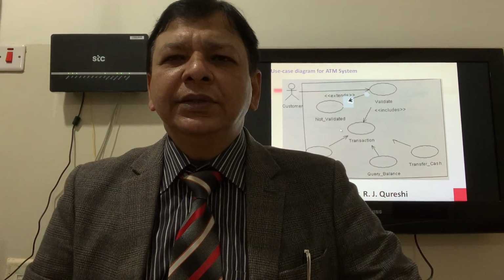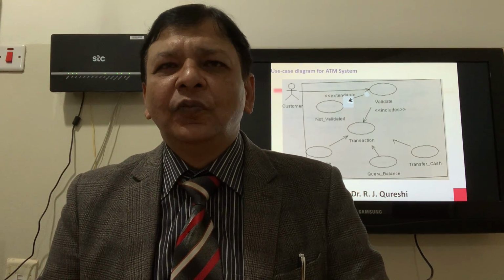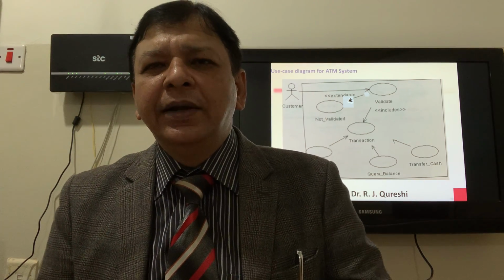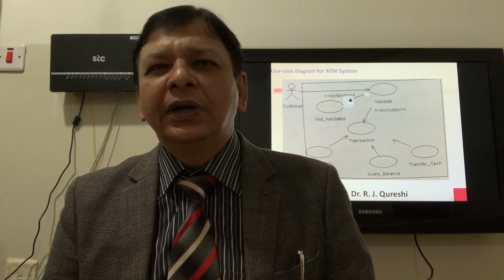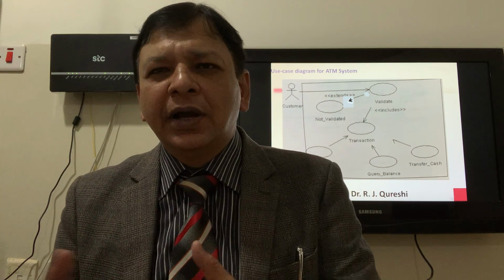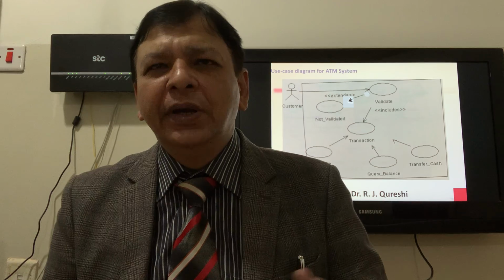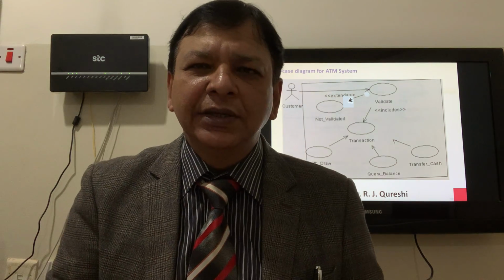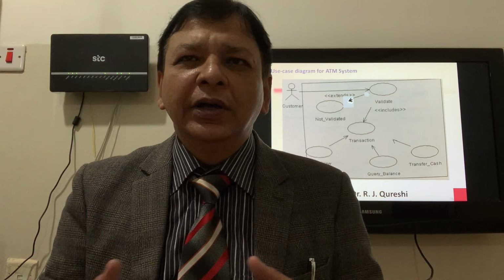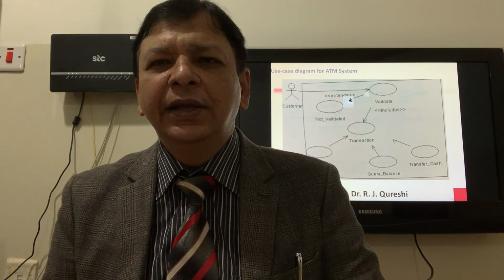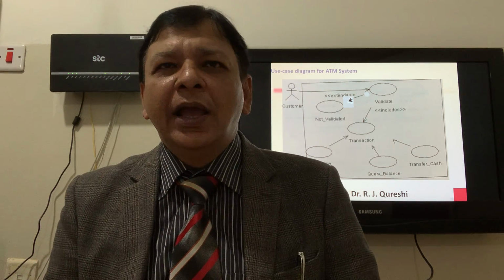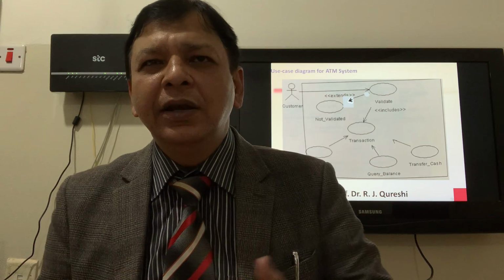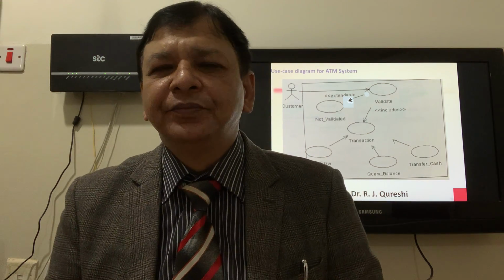Now I have a use case diagram for an ATM system from the customer point of view. So we have a customer enter his PIN number after inserting the card. So card validation, PIN validation. Then he inserts the card, enters the PIN. So if validated, then he can see the transaction menu. If not, card is invalid or PIN is wrong, then extends not validated.